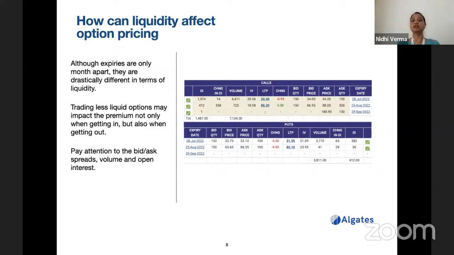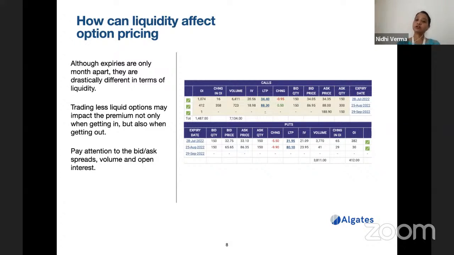And the next one, of September expiry, basically nobody is trading in that. So it is not available practically. This is what I meant to say, that when the liquidity is more, the pricing is more efficient. The difference between the bid and the ask price will be lesser, and it will be easy to place the trade at the price which you want.